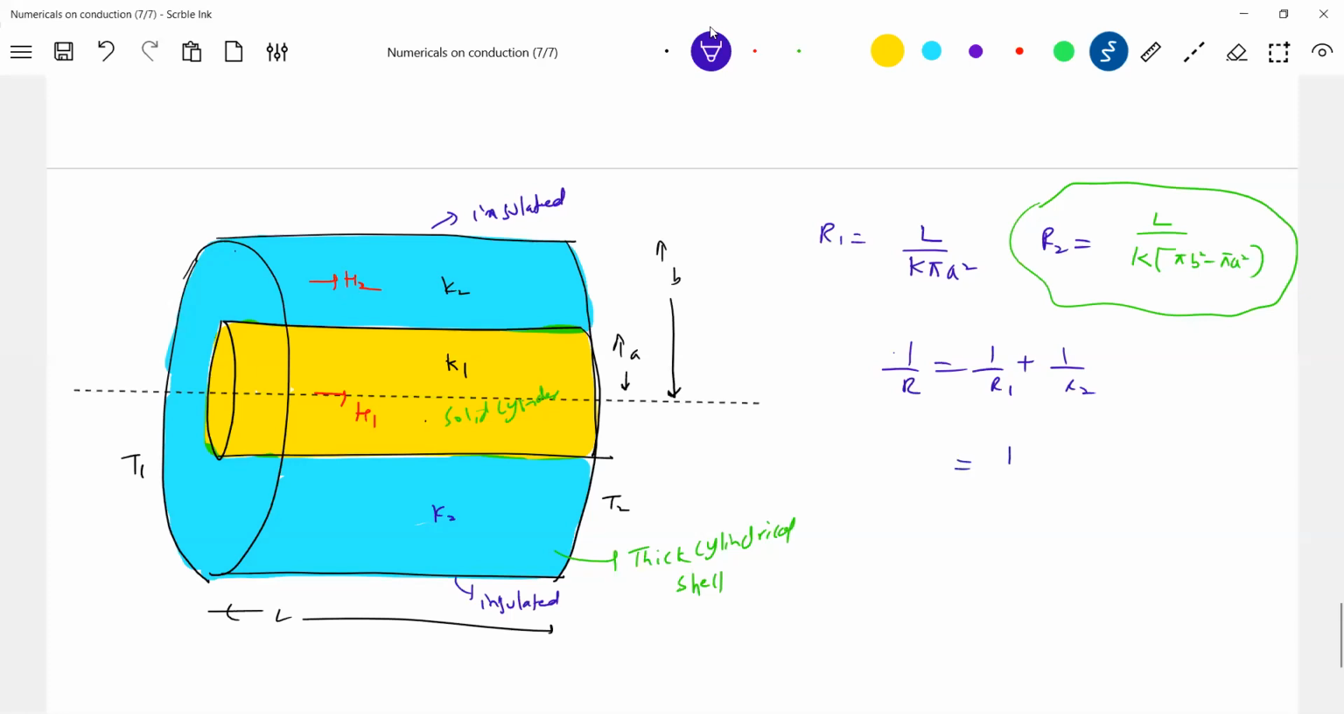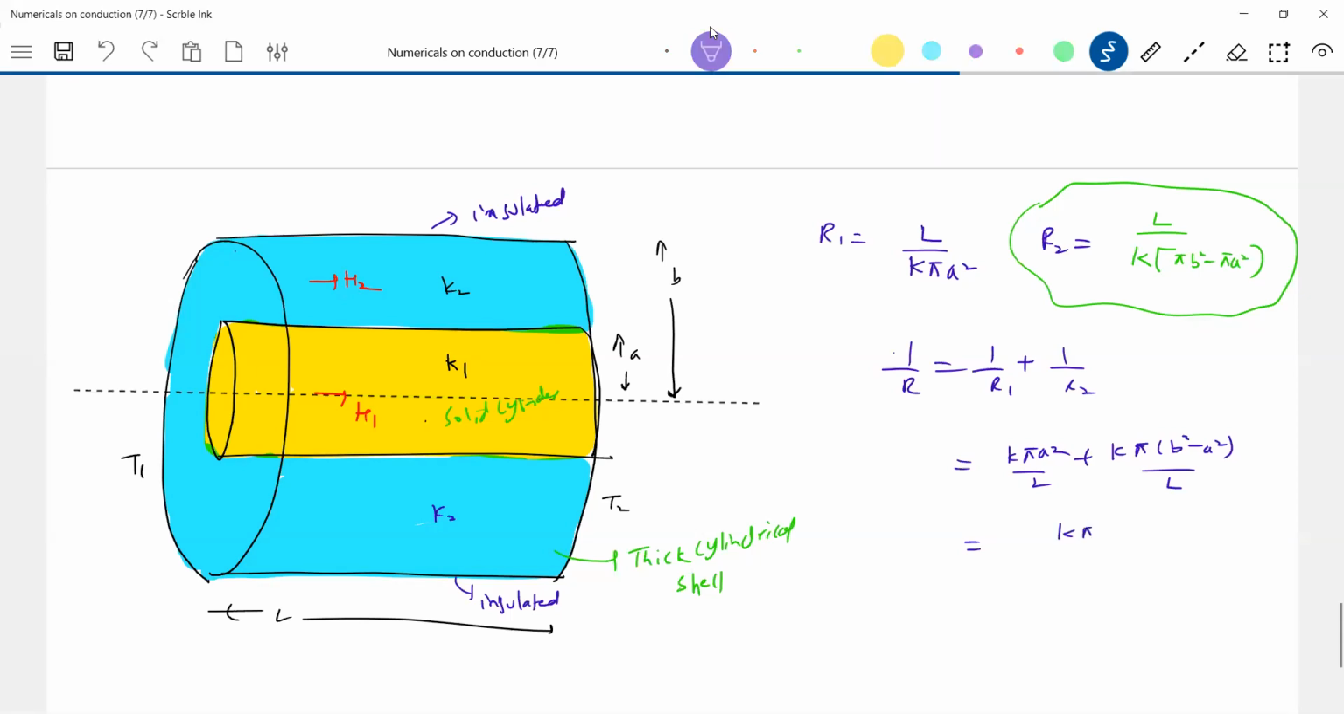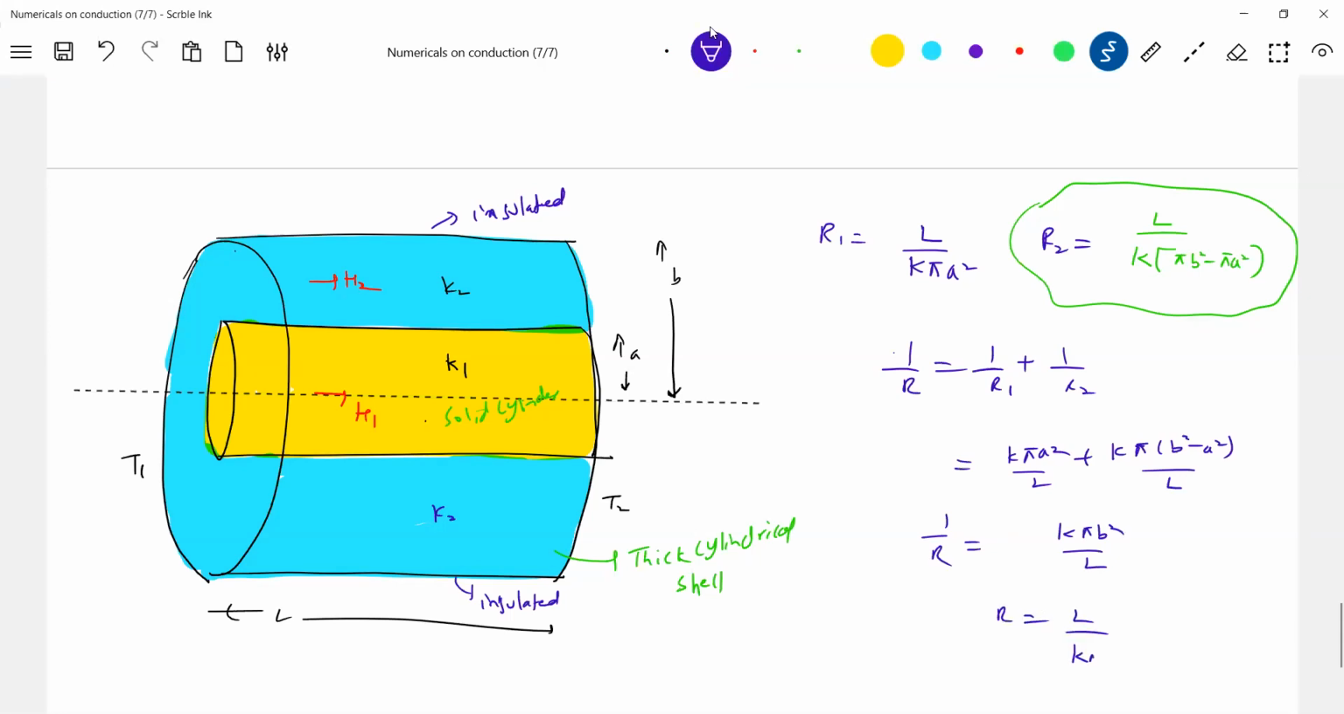So R1 will be K pi A square by L, K pi A square. Can we cancel out? K pi A square L will get cancelled out. So this will become K pi B square L. Will I agree this answer? Sir, K is different. Oh, different K we took it, no? Then, okay, we'll end up with